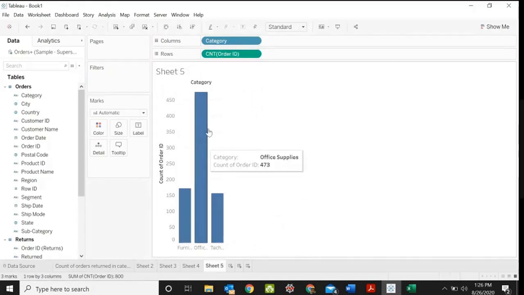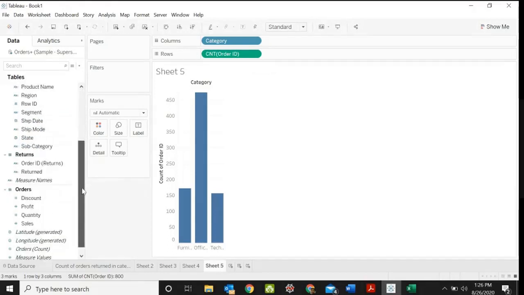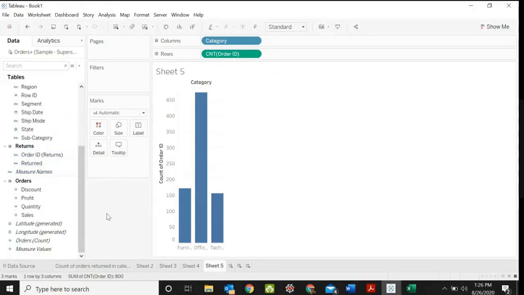Now there is no need to apply a filter. Since we have used inner join, the common fields will be used in the join table. So you can use either count of order ID or count of order ID of returns. Both order ID counts will give the same information.